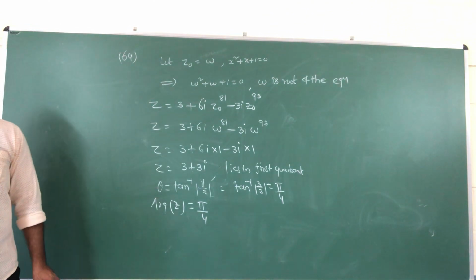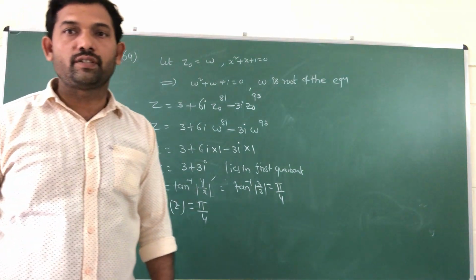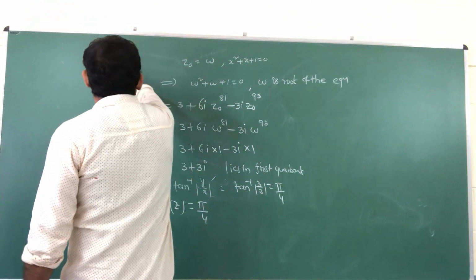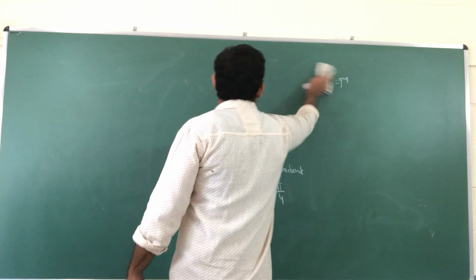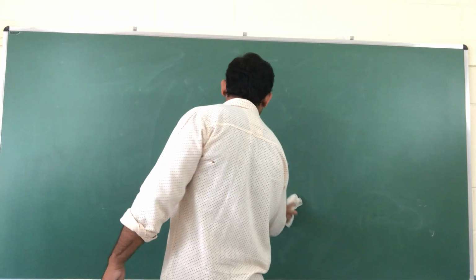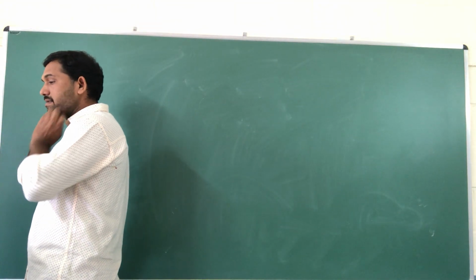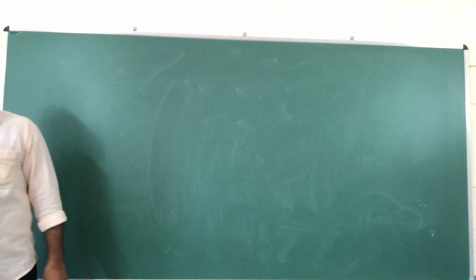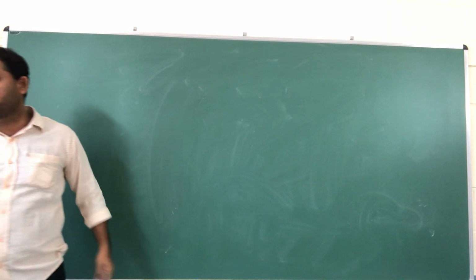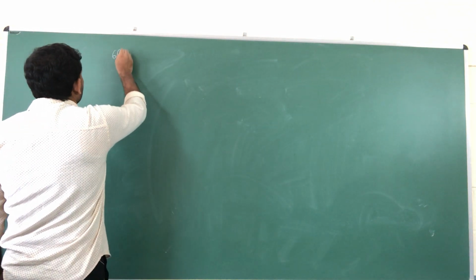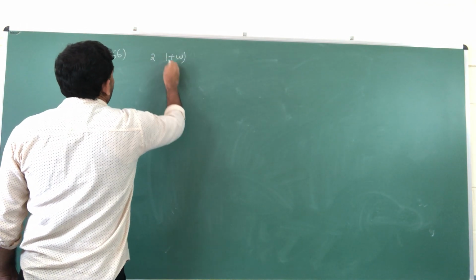Next, you see question number 66. 65 and 66 are both the same questions. You see question number 66. Omega is an imaginary cube root of unity, then the value of the expression 2 into 1 plus omega square,